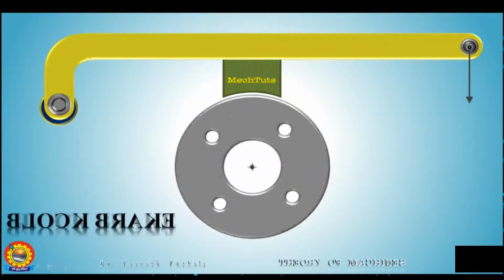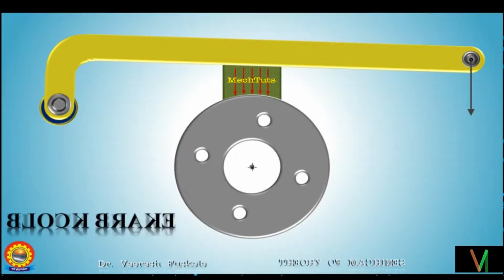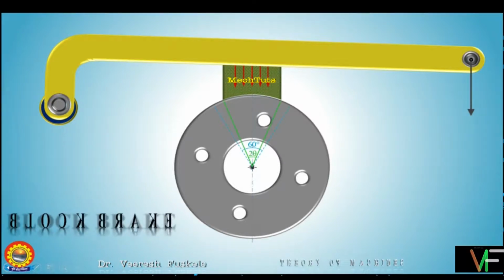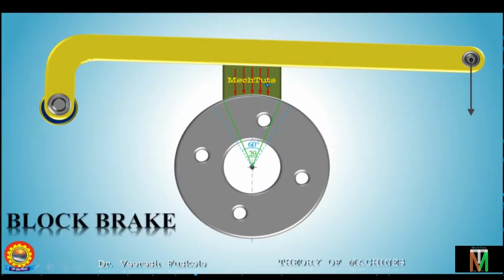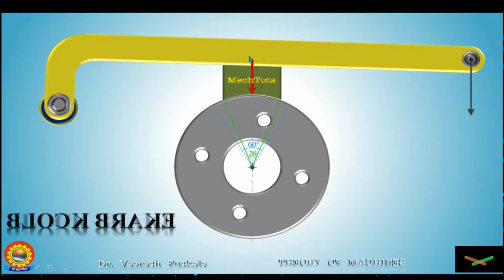So suppose this is the case. This, you can see, it is nearly uniform pressure that is acting on the drum as the angle subtended by this shoe, that is 2 theta, is less than 60 degree. So the pressure which will be applied on the drum will be nearly uniform. So we can replace this distributed pressure by a single force like this. And this force will be always assumed to be acting at the center of the block, and the line of action of this force will be passing through the center of the drum as well.